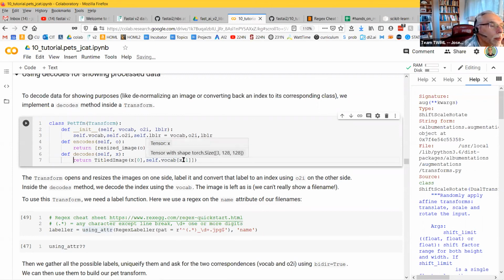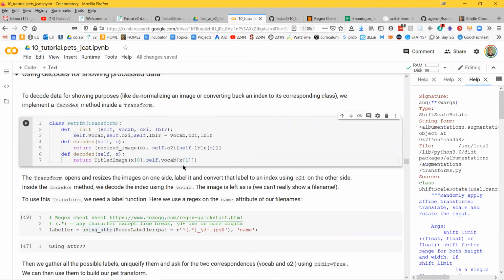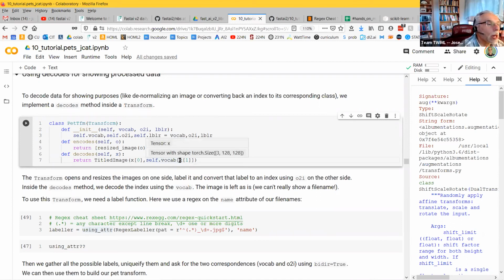X of 1 is the label, and so this is the vocabulary corresponding to the label. See, vocabulary is a list, and X of 1 is an index into the list. Yeah, okay, right. X of 1 is going to be an integer, and that integer is the index into vocabulary. So if X of 1 was 1, then we would see,